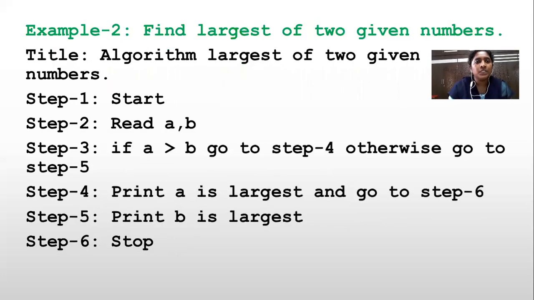This is also an example, of finding the largest of 2 numbers. For this, step 1 will be start, step 2 will be read 2 numbers, then comes the comparison. If the condition is true, it has to display A is largest, which is in step 4, and if the condition is false, it has to move on to step 5. So in step 3 you have to write 'otherwise go to'. This is how to write an algorithm if conditions are to be implemented.